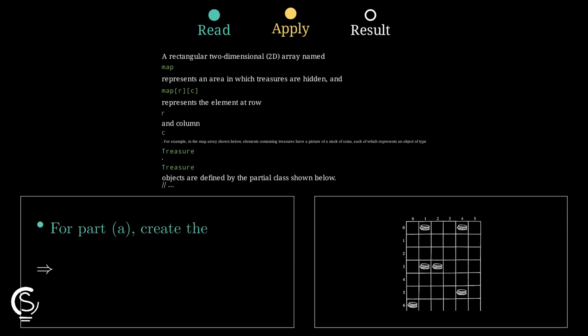A correct constructor could be written as: public TreasureMap(int r, int c, ArrayList<Location> locks) { map = new Treasure[r][c]; for (Location lock : locks) { map[lock.getRow()][lock.getCol()] = new Treasure(); } }